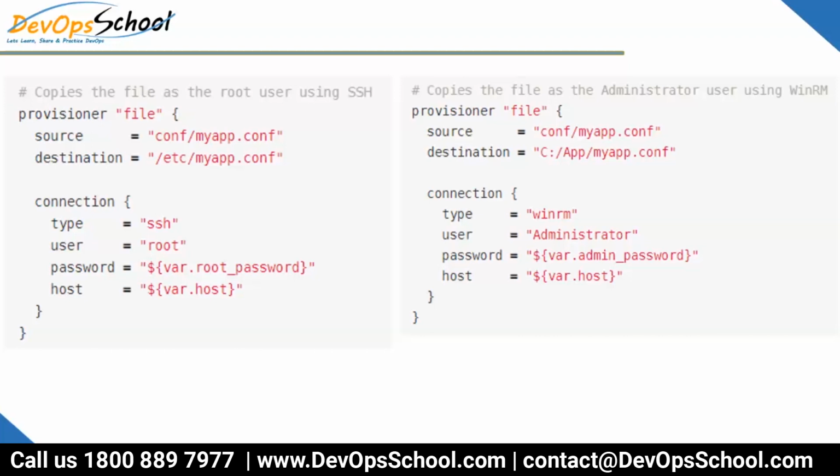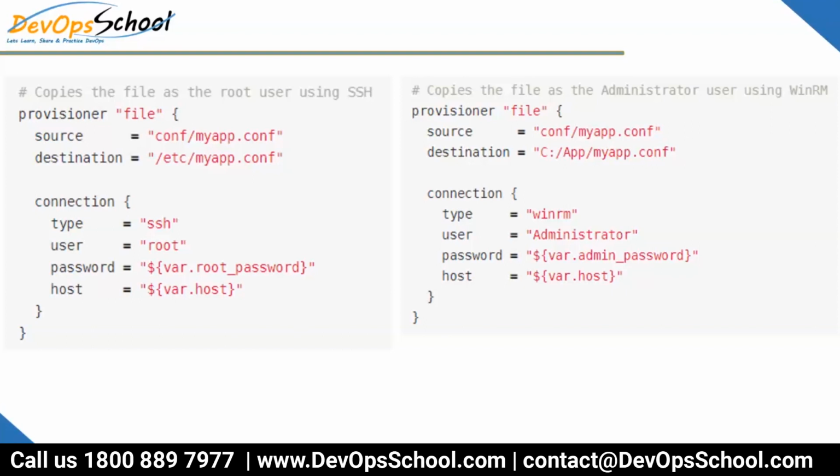And which connection has been used? SSH connection, username and password, and which host has been used. You know, this code, the dollar sign and all, you can ignore it for now. It's an old method actually. Look at the right side also. Left side is Linux, right side is Windows. And here, remember that the connection is SSH, and on the right side WinRM. WinRM, I hope you understand that, right? All of you. This is the way to connect to the Linux machine.